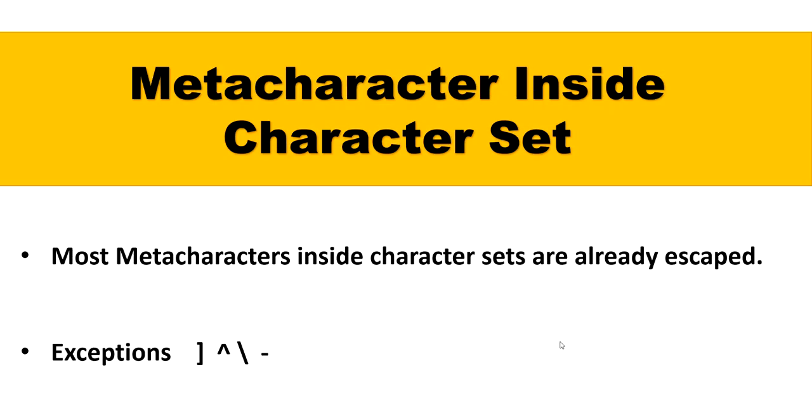Then the other point, the exceptions. Inside character sets, there are 4 exceptions. We know we can use dash for ranges. As we have discussed in the last video, if we use this dash inside the character set, let's say from 0 to 9, it will be ranging from 0 to 9. And when we use caret, it is used to negate. If I use negate 9, then I won't be able to match the 9 character.